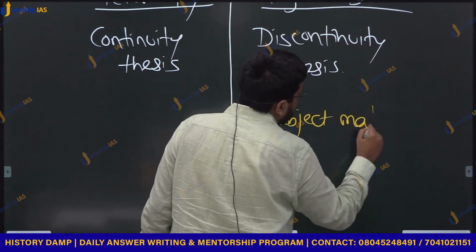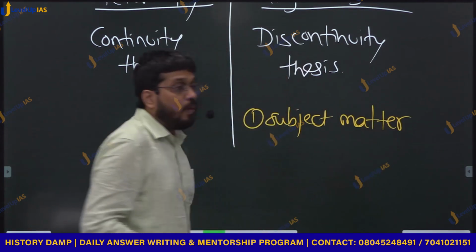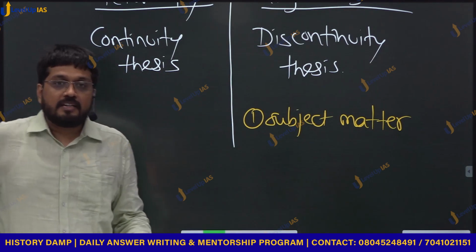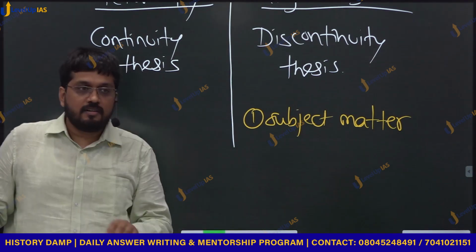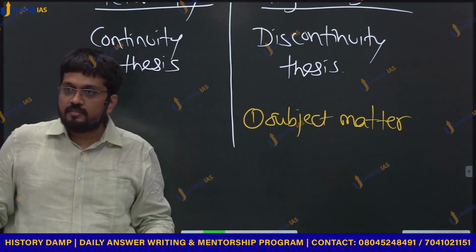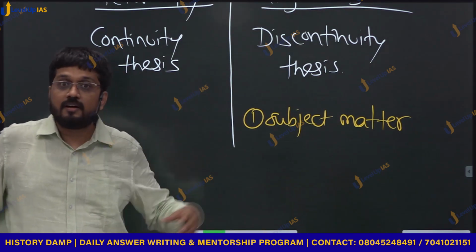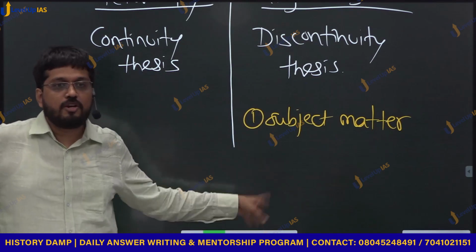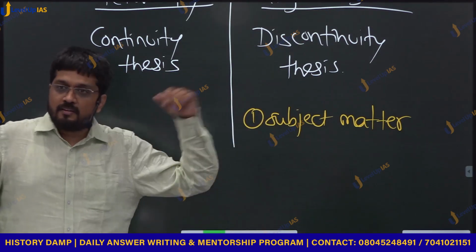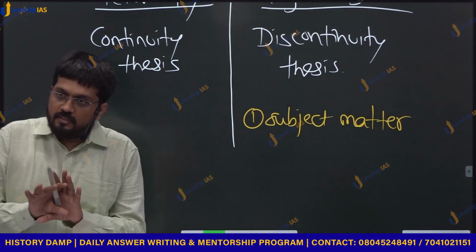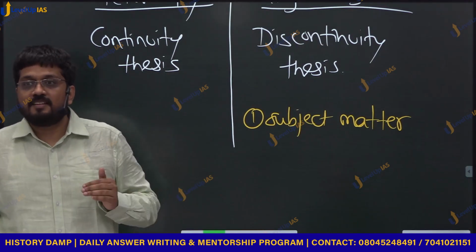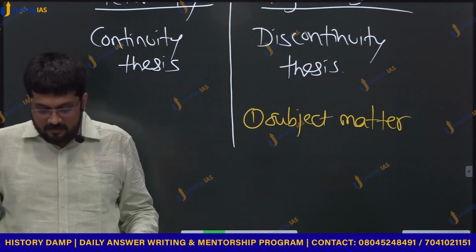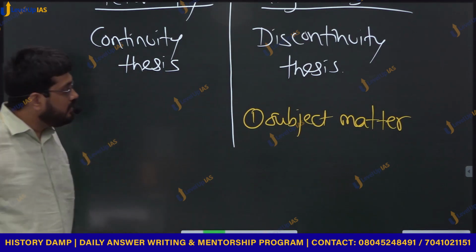The subject matter of enlightenment is much wider than that of scientific revolution. How? In the earlier era, it is only the natural world, astronomical bodies, or something physical outside. But now you are applying it to polity, society, law, education, economy, religion, everything. So firstly, that domain has expanded, for which there was no precedence earlier. The second thing is that the